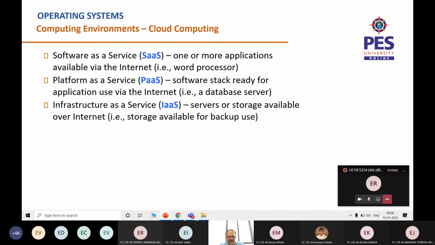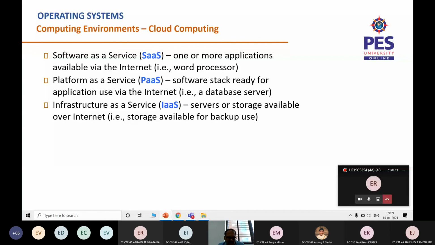And cloud offers different types of service. Software as a service, that is SaaS, is one of them. I have a proprietary software, so I just install it on a couple of servers and accept payment from multiple people. They don't have to purchase the entire software. On an hourly basis, probably I'll charge them and allow them to use my software. So that's one thing. Platform as a service is the second one,